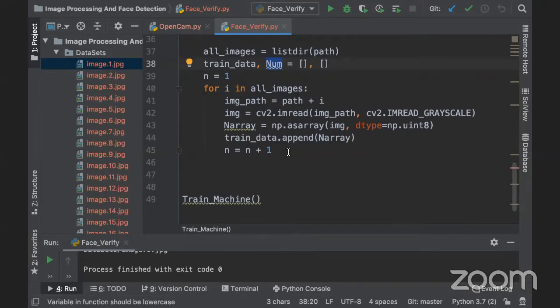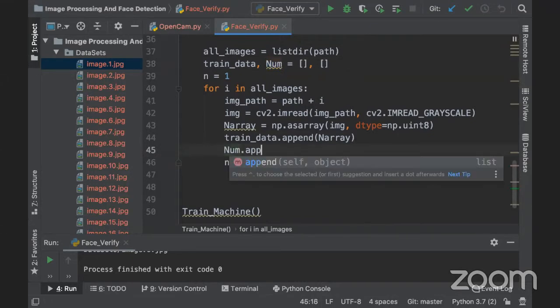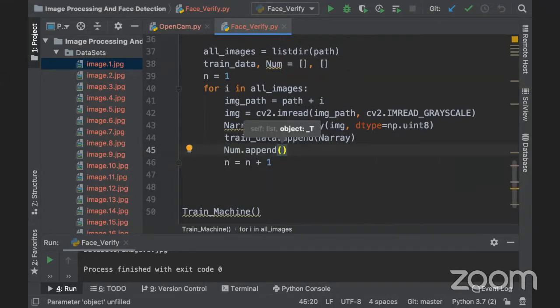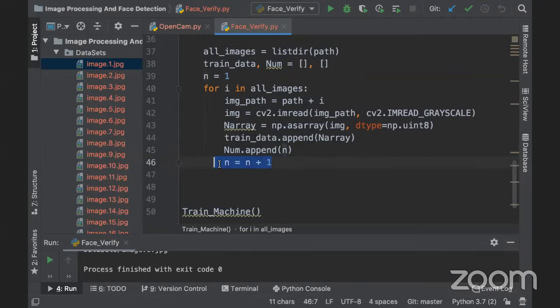So now num.append, and what will we append? We will append our n, and every time it will increase. So the first time it will be 1, the second time 2, the third time 3, the fourth time 4, the 50th time it will be 50. So when this loop completes,